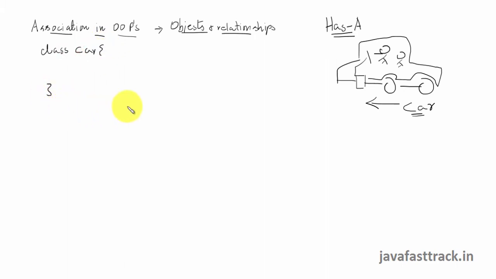As of now, I have two classes, a car class and a driver class. Right now, there is no relationship between car and driver. To make association relationship, you make a reference to the driver from car. Right now I say car has a relationship with driver. It is called as association. It is a unidirectional association because relationship is known only from one direction. From the car direction, we know that it is related to driver. From the driver direction, we do not know any relationships. That is why you call it as a unidirectional relationship.